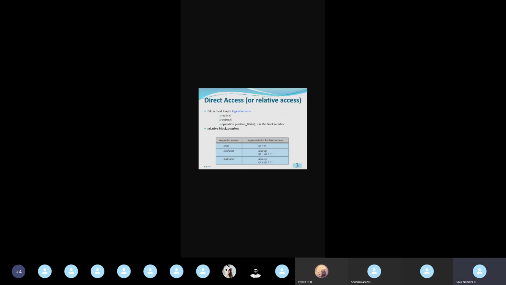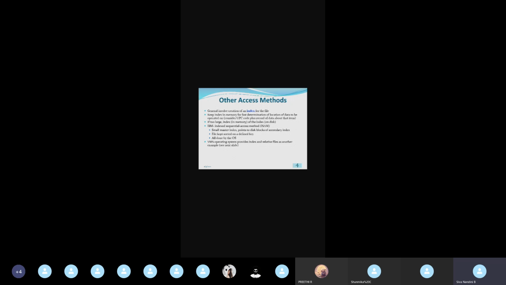Okay, thus in our system, the disk storage, we can access the files either by using sequential access or direct access. So we are also having other access methods. The other access method will involve an index. Similar to a table of contents in our book, we'll be having an index.